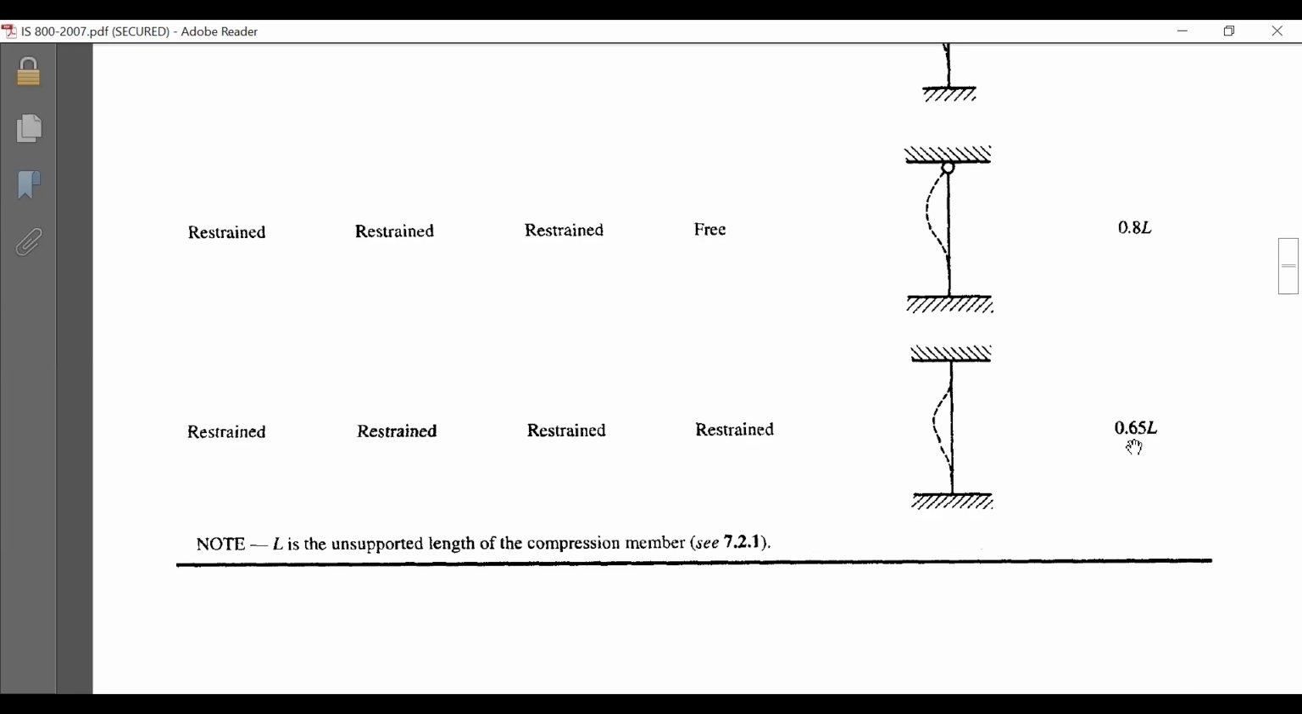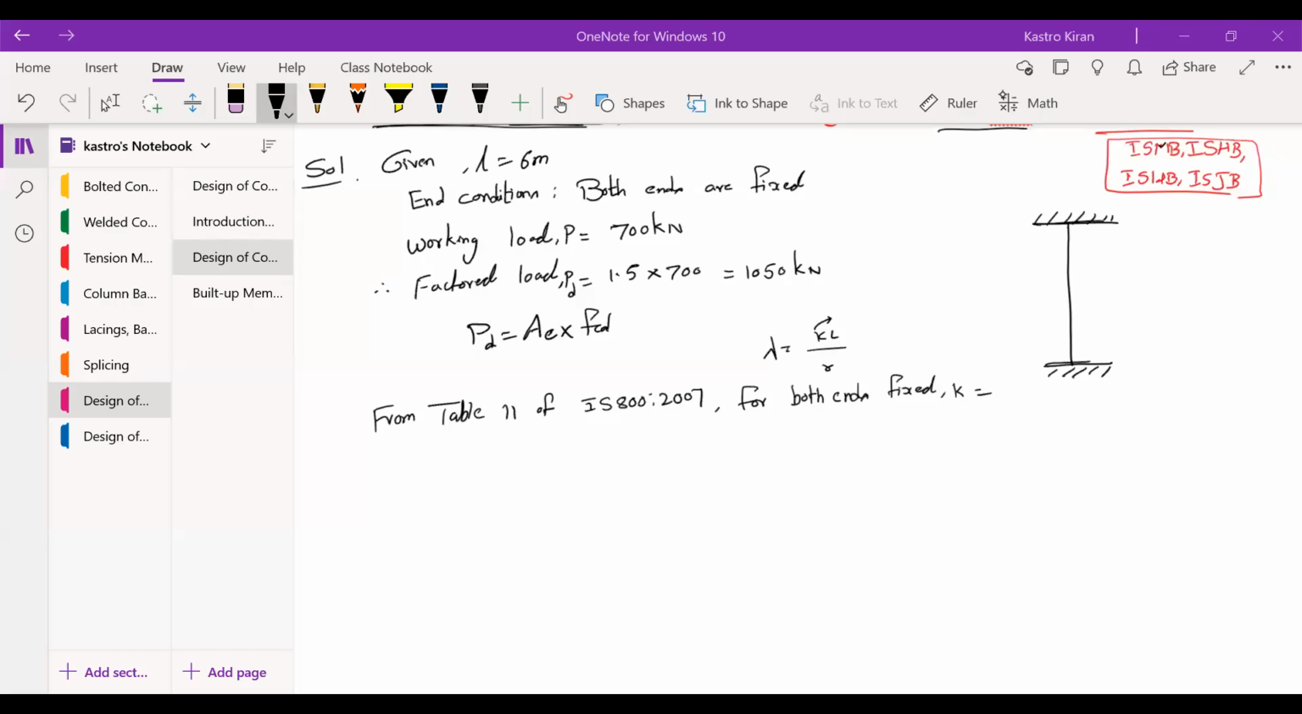It is 0.65 L, right? That means the value of K is 0.65. So let's solve that one and find out the value of KL. So the value of K is 0.65. So therefore, KL equals